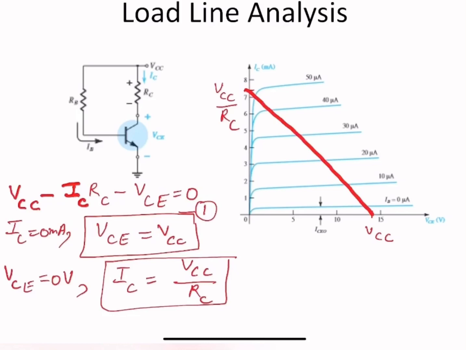Now the points where the device characteristics intersect the load line give the operating points. These are the various operating points for various values of base currents. For example, for a base current of 10 microampere, Q1 is the operating point. For 20 microampere base current, Q2 is the operating point. Similarly, for a base current of 30 microampere, Q3 is the operating point. Similarly, for this value of base current, Q4 is the operating point. Now we can analyze from this figure that as we increase base current, the operating point moves in the upward direction.